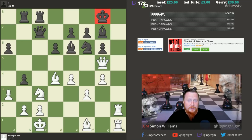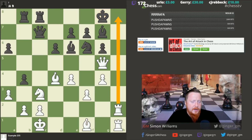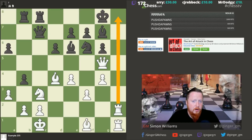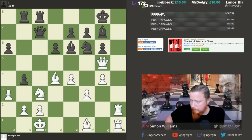And then you should be thinking, okay, how do we go about doing that? So the first thought we should have is something like Rook h8, because we should be looking at the most forcing moves with our pieces. But if the forcing moves do not work, we should be looking at moves that create threats. Now, first of all, before we come on to the right move,